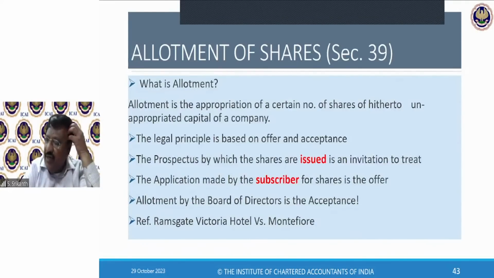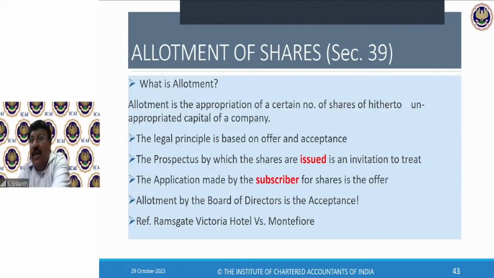Popularly, allotment of shares in a public issue is also known as primary market. When you apply for shares in a public issue and you buy it, it is said to be obtained in the primary market. When you go to the share market and buy it from somebody else, it is called secondary market. But offer for sale is an exemption. In an offer for sale, it is not hitherto unappropriated capital. It is shares already allotted to the promoter, which the promoter is selling. But still the whole thing comes in one package, so even offer for sale is primary market, but the transaction is a sale.